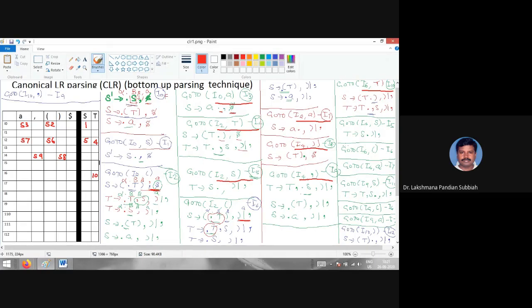Next one, I6 comma S is 5. Next we are having I6 comma open bracket is S6. Next we are having I6 comma A is S7, right?